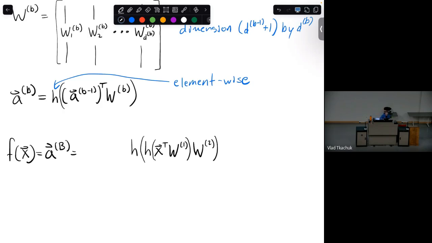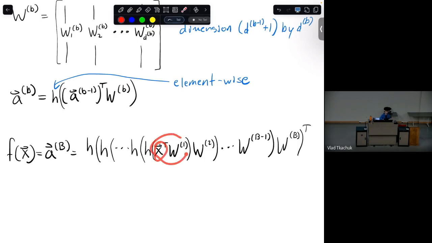And then you can do this all the way onwards. There's going to be the weight matrix at layer B minus 1, and then the weight matrix at layer B, and the whole thing transposed because it's a vector. And then you have the activation. So this is what I want you to see: you start with this vector, you then apply the linear function, you apply an activation.